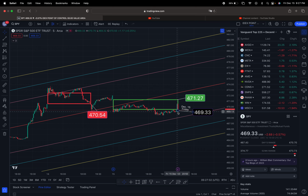To the south side, at -2 standard deviations and a level of support and potential buy-in area, 468. Below that, 465.77 and 463.51. The gap that I talked about opened up right here on Friday,